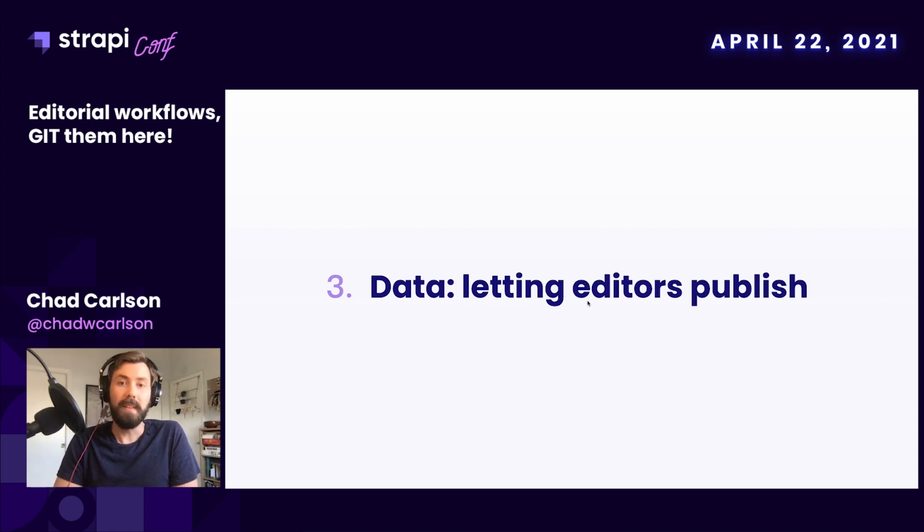So the next one then is, what is the correct way to continue to allow an editor to review an article that has a preview URL now, which is great all by itself. It doesn't always necessarily follow the GitOps model, but we're starting to get around it, in that we have this development server